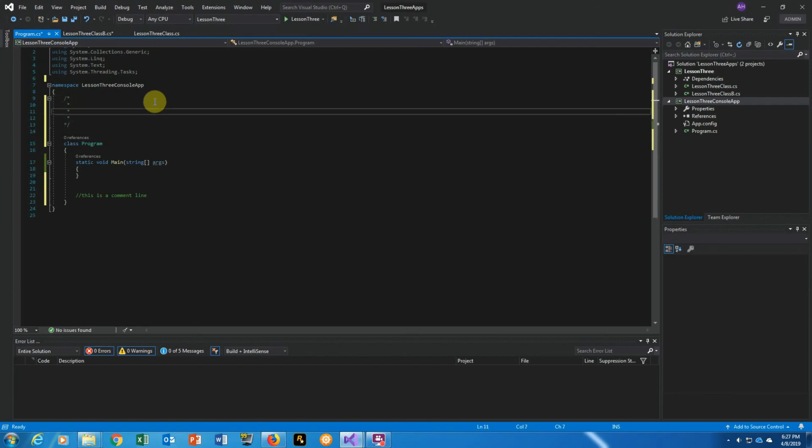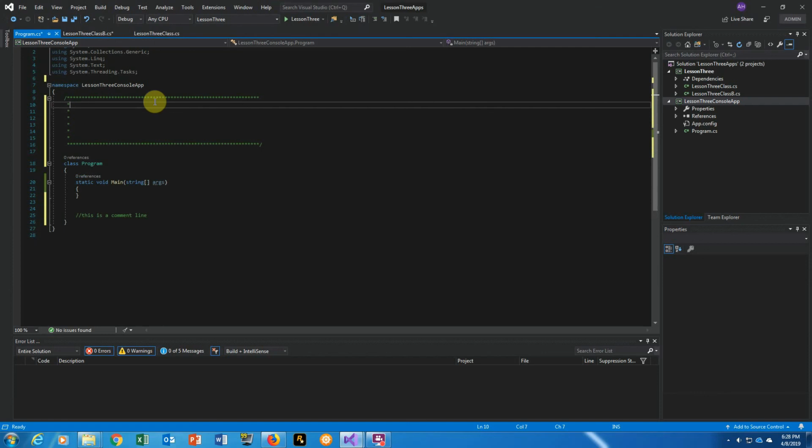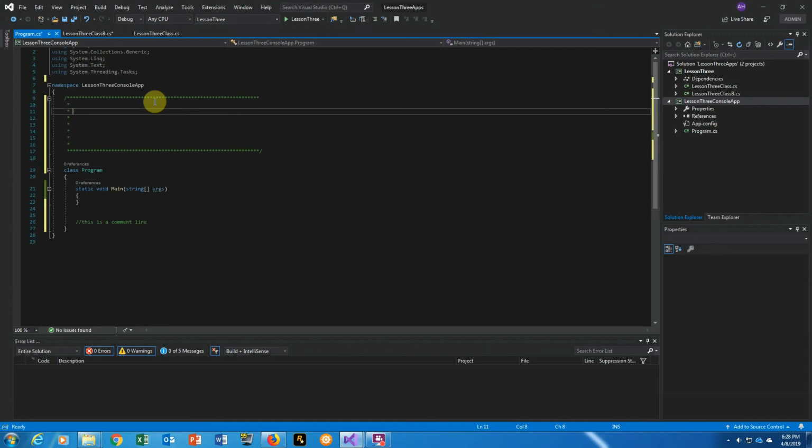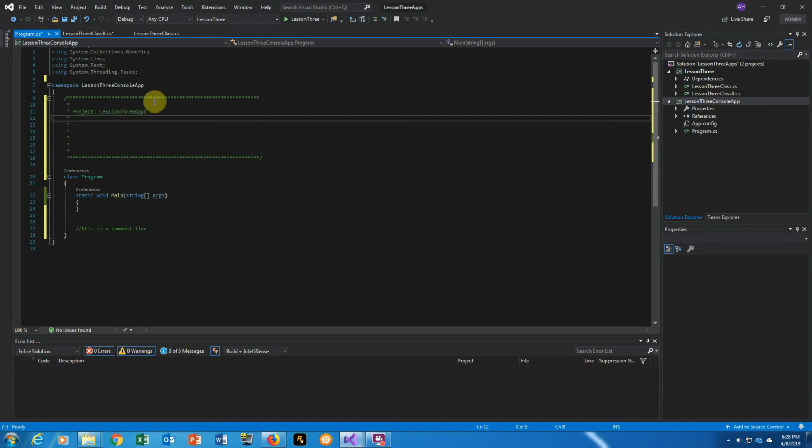You want to make it look kind of neat, so you can put a bunch of this here, put a space there, and a bunch of that there, and in between, you just type. You can say the project is in 3 apps, actually the project name on this one is lesson 3